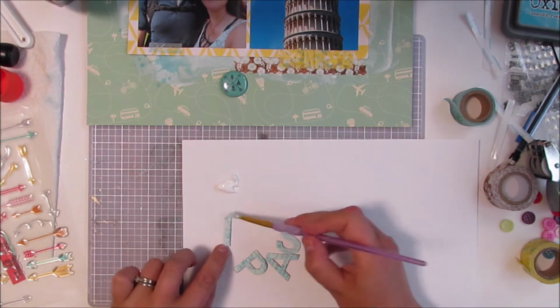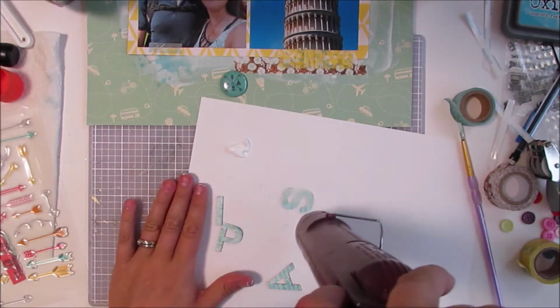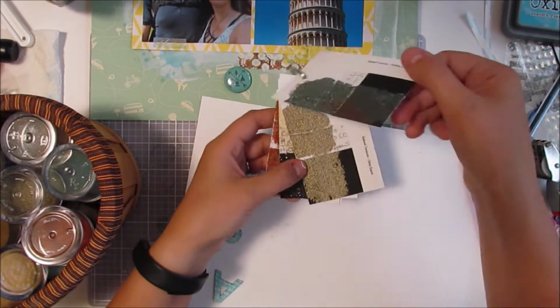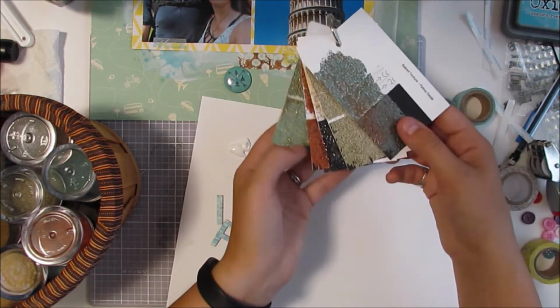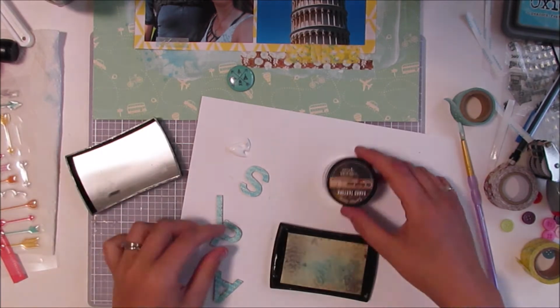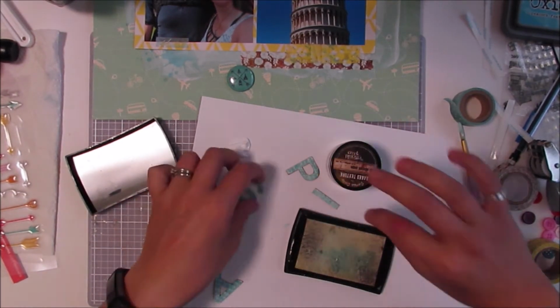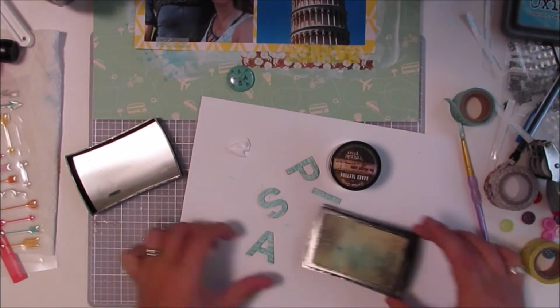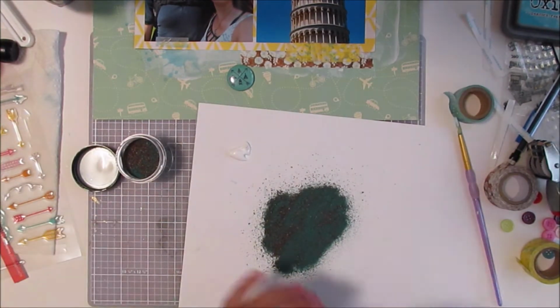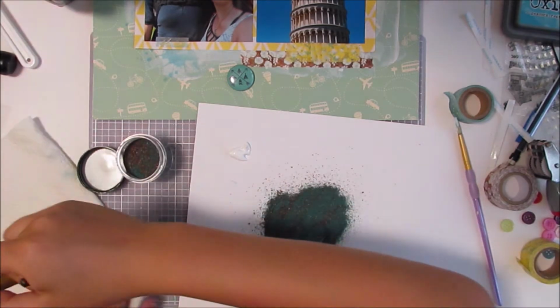So I'm just doing one light layer of gesso, which blends it out a bit, so I thought that might be enough, but it was still too patterned for me, so I decided to add a layer of embossing powder onto these wood veneer letters, which is something I love to do with titles. I love adding embossing powder, especially these Emerald Creek powders. This one in particular is,